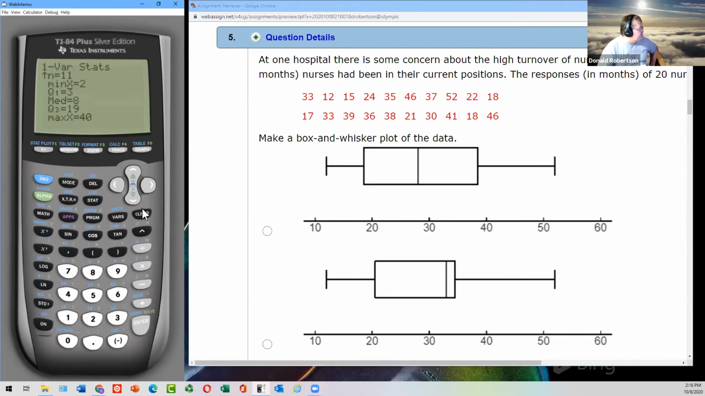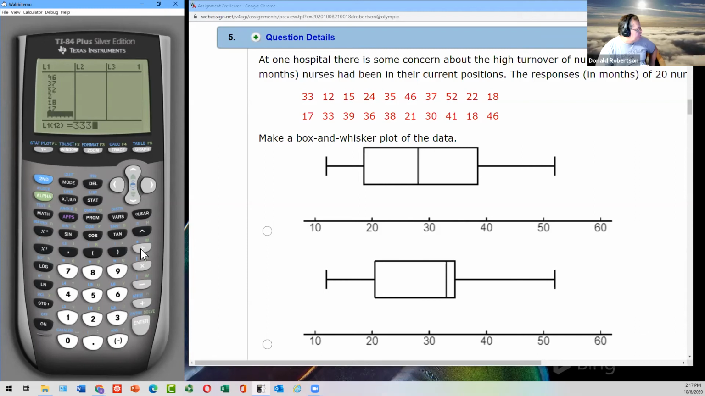So I'm going to switch it on, clear that one out. I'm going to go and do start, edit, delete all the old stuff just by hitting the delete button till they all go away. Now, it might take me a little while, so 13, 33, 12, 15, 24, 35, 46, 37, 52, 22, 18, 17,